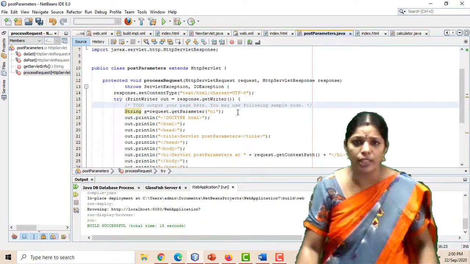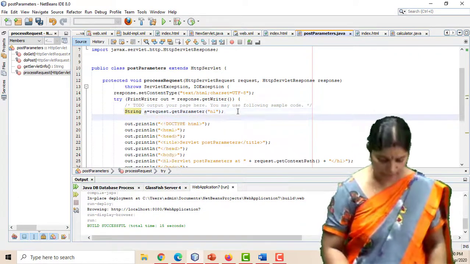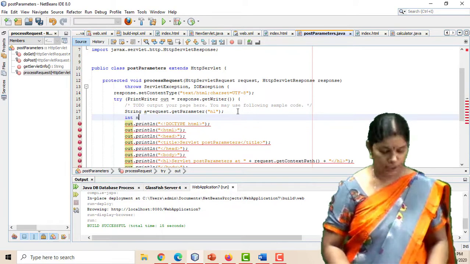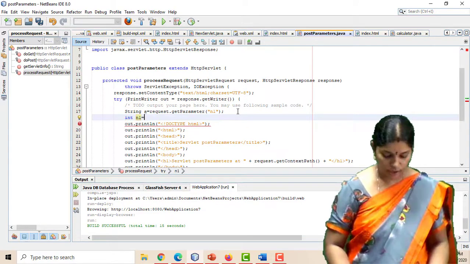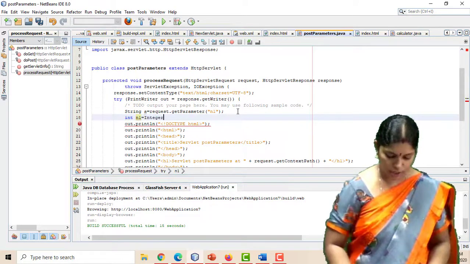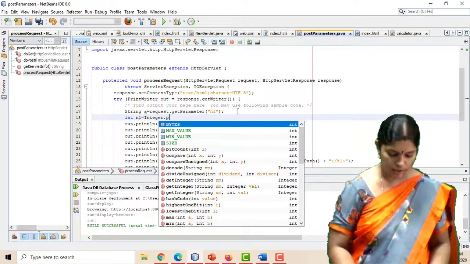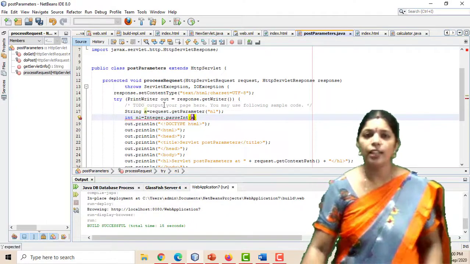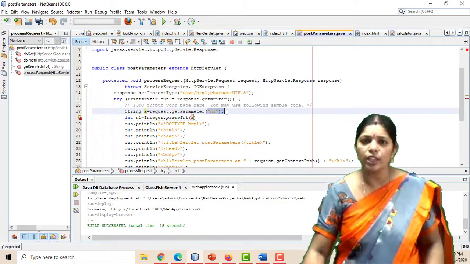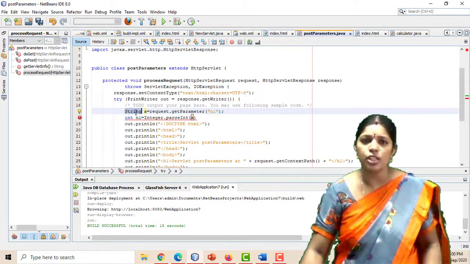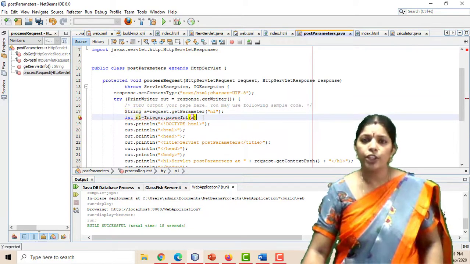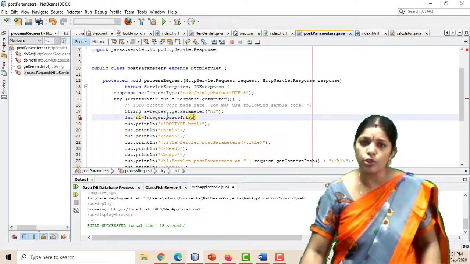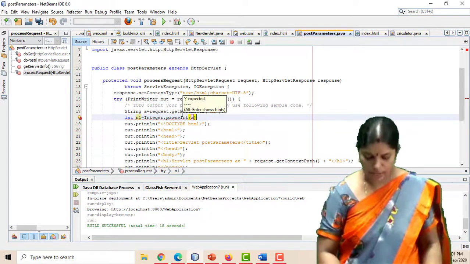Here I want to give one assignment: integer n1 equals Integer.parseInt. The values we are taking are in string format, and they will be converted into integer using Integer.parseInt. Here we are converting the strings into integers, semicolon.